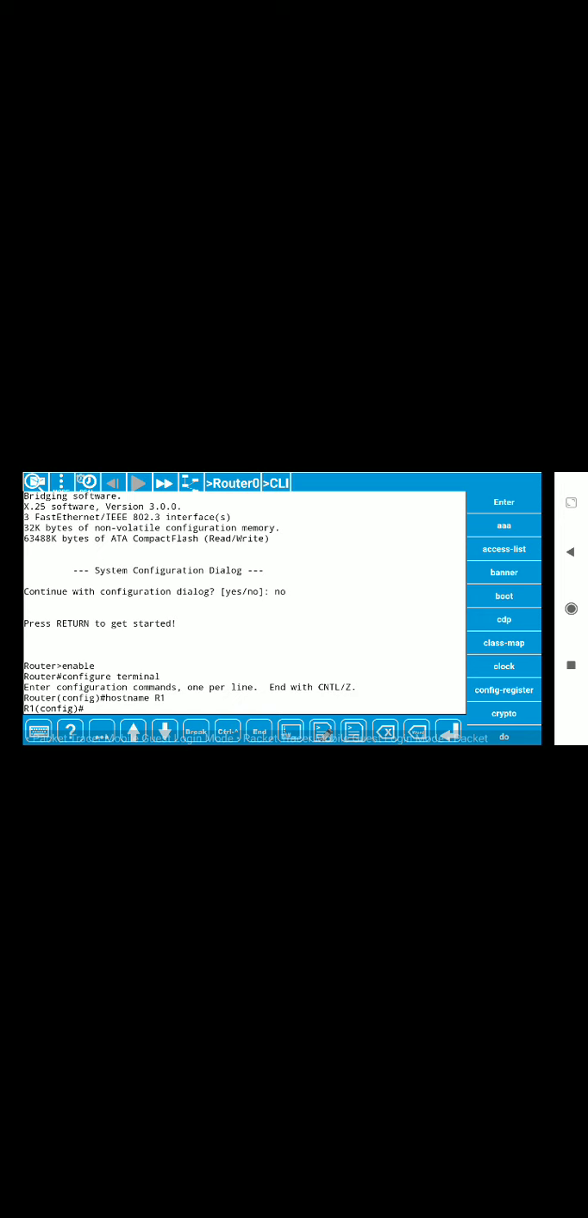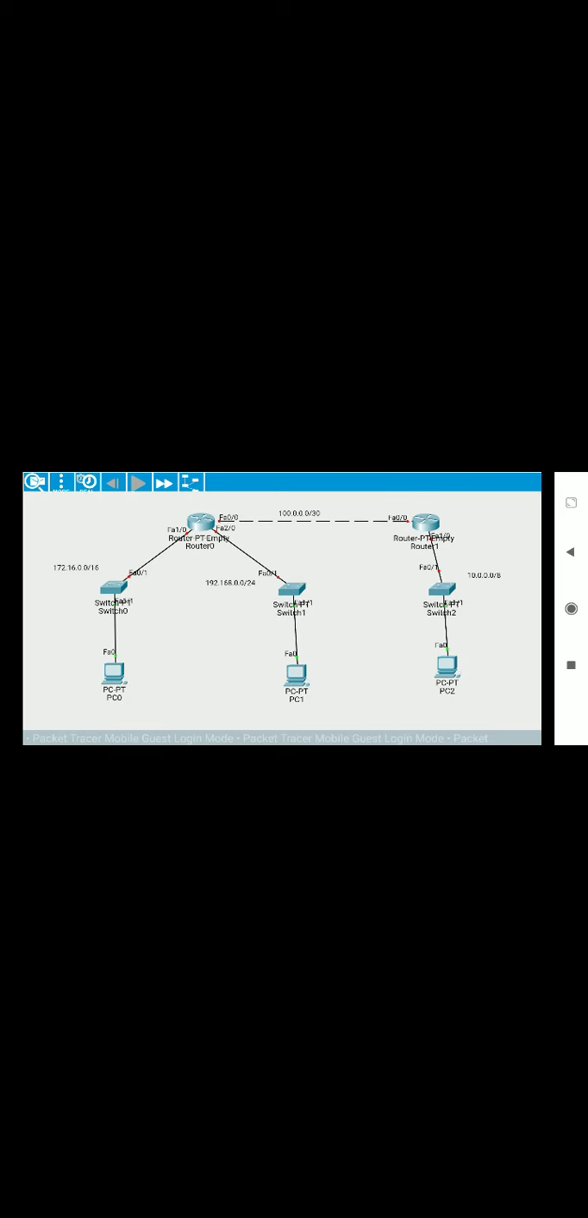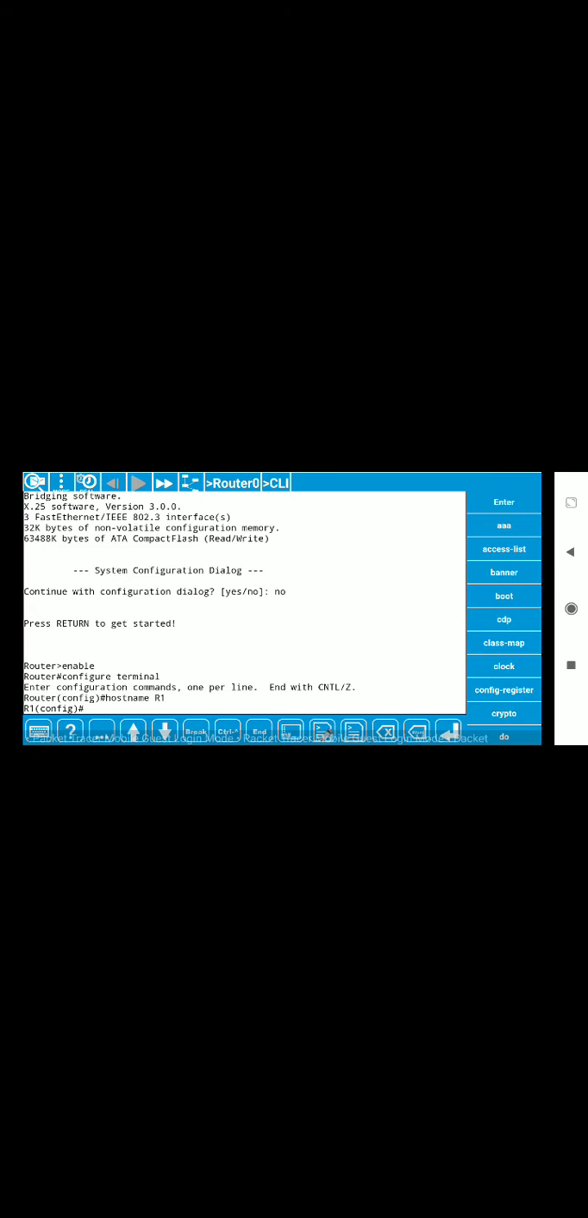You can see the prompt R1 config now. Let us configure first interface. So you can see in the diagram the first interface for router R1 is FA1/0. So tap on the router, again on CLI. So let us write the first command, that is interface. From the left side you can see the option interface, click on it and then write fast ethernet. FA means fast ethernet, and our number is what it is,